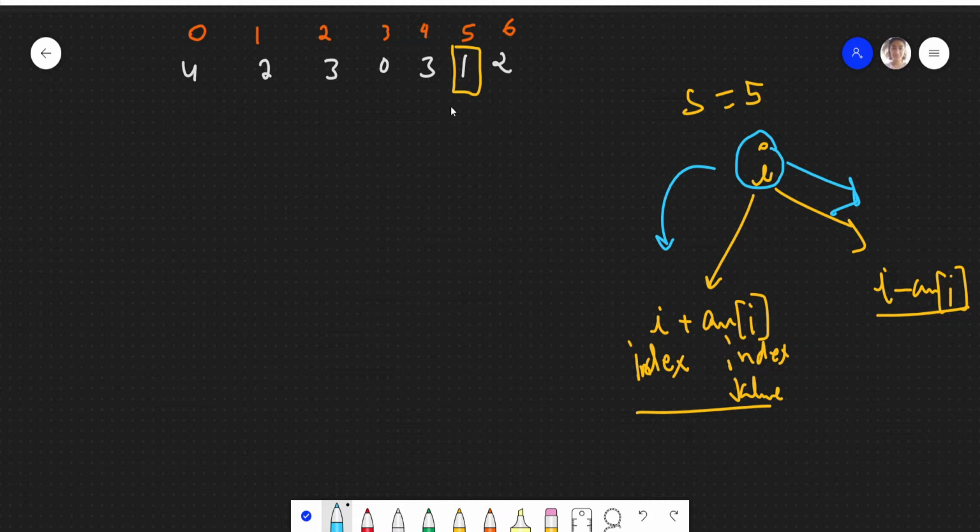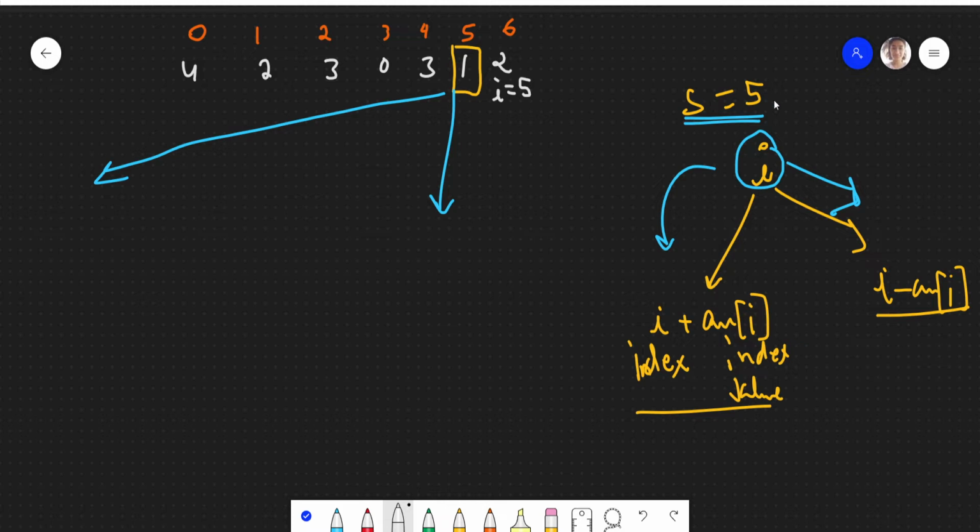So let's try to run this. If we are currently at index 5, from here we have two options. One is that we can go to I plus ARR of I. Currently our I is 5.